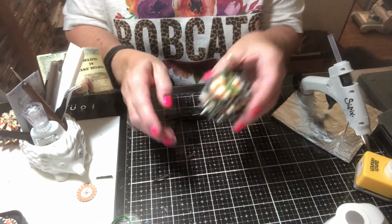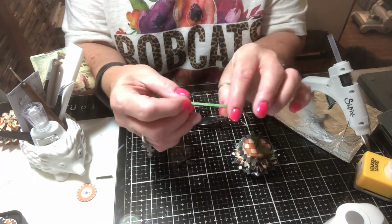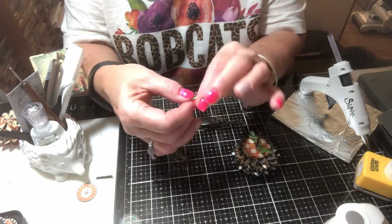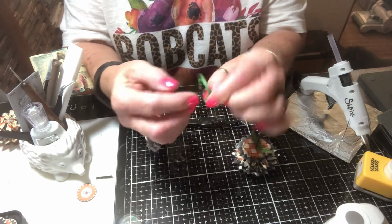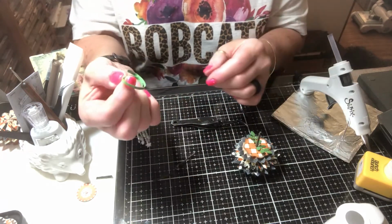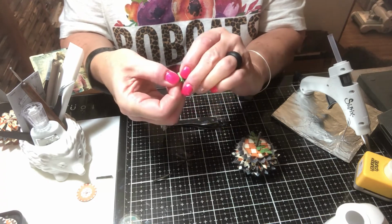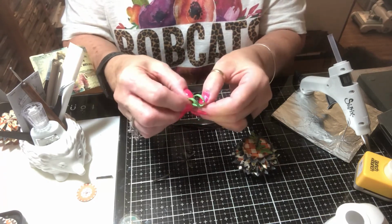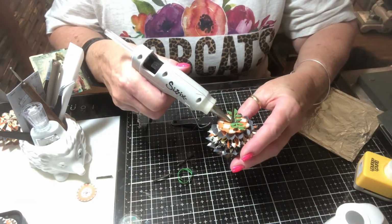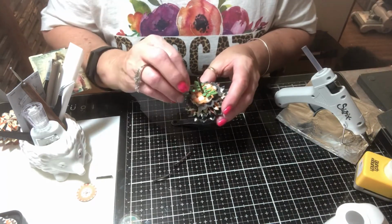And then I wanted a vine. So I cut a small strip of that same green paper, and I took it around my pencil 2 or 3 times just to break down the fibers in the paper, and then I just curled it. And it curled pretty good. And if you wet it and did it, it probably would do better, but I did not do that. And I took that and I put that on the back of the pumpkin, glued that on,